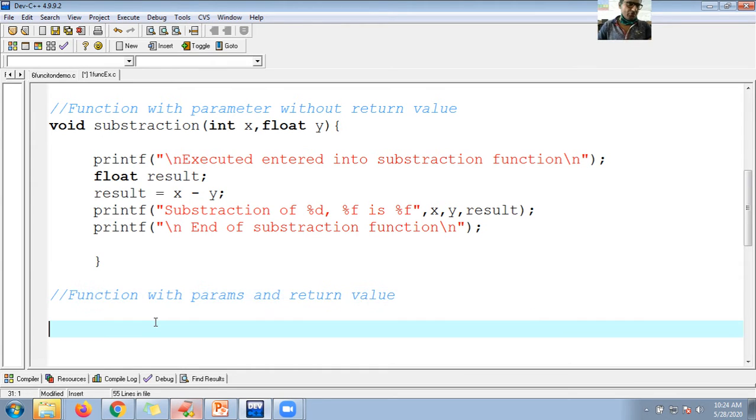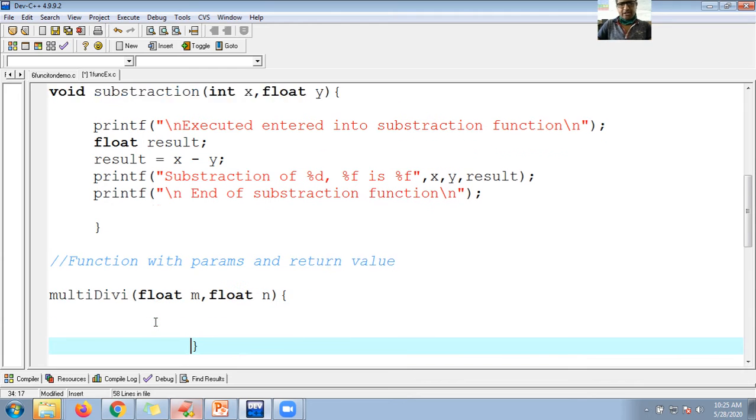So let me name the function multi-div, multiplication and division. This function takes two parameters. So let me use float m comma n.